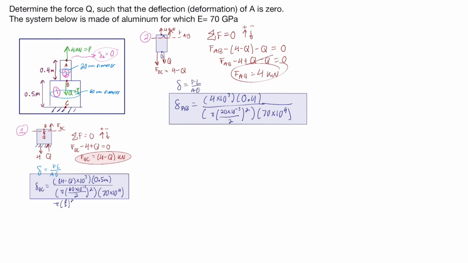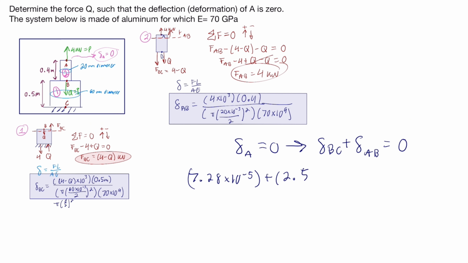So since we want a deformation of 0, that means that the deformation at A, which is this point, is equal to 0, which is the same as the deformation of BC plus the deformation of AB being equal to 0. So if you substitute these values in that we just solved for into this equation and simplify it a little bit, we get 7.28 times 10 to the negative 5